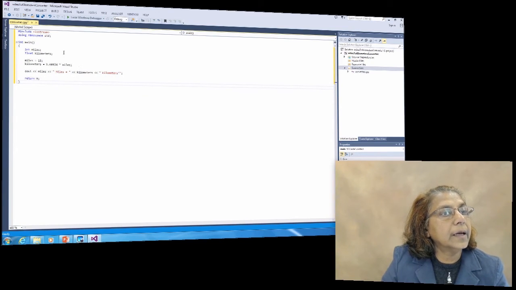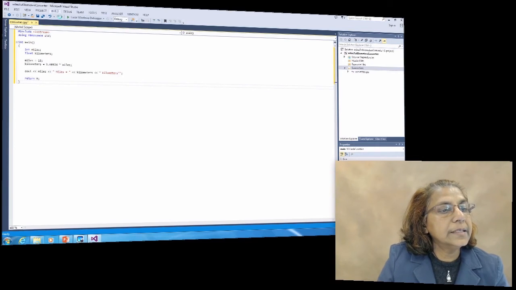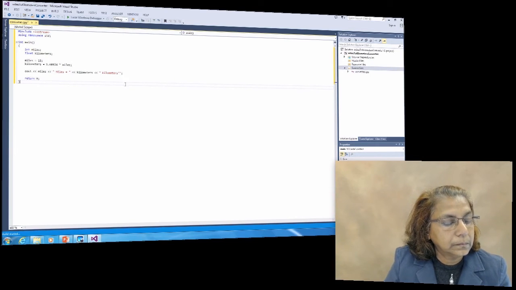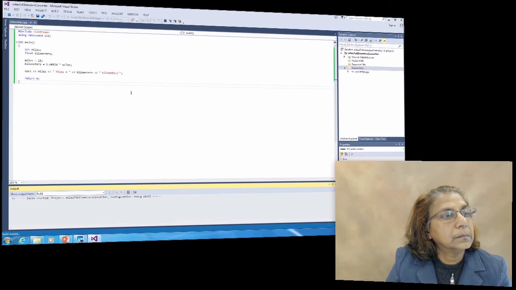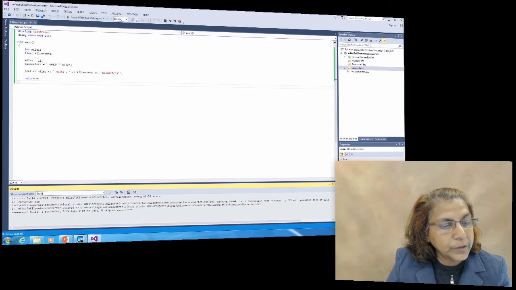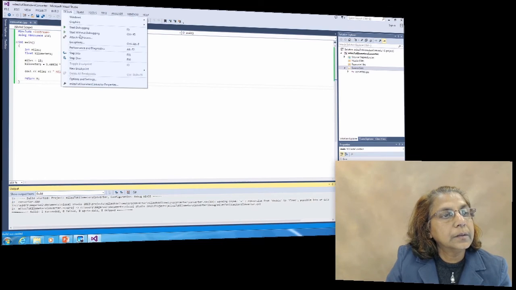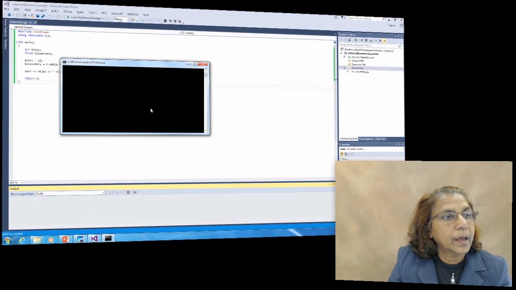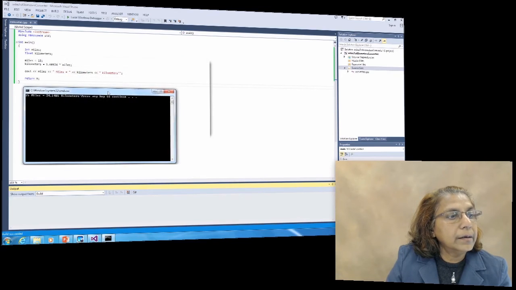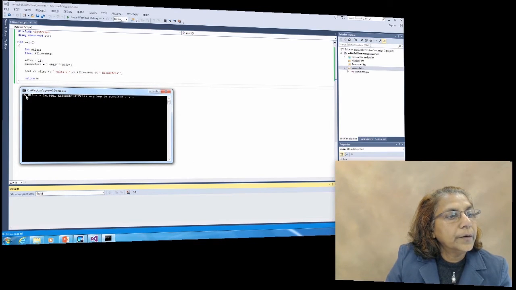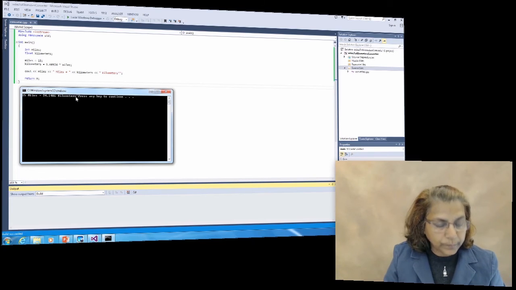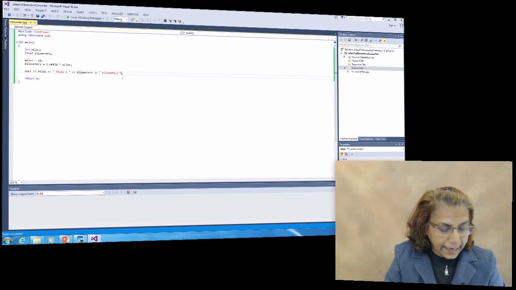So let's compile it now. Build solution. 1 succeeded, 0 failed. So let's run it now. Start without debugging. And this is our output. 15 miles equal 24.1401 kilometers. Now, let me put endl here